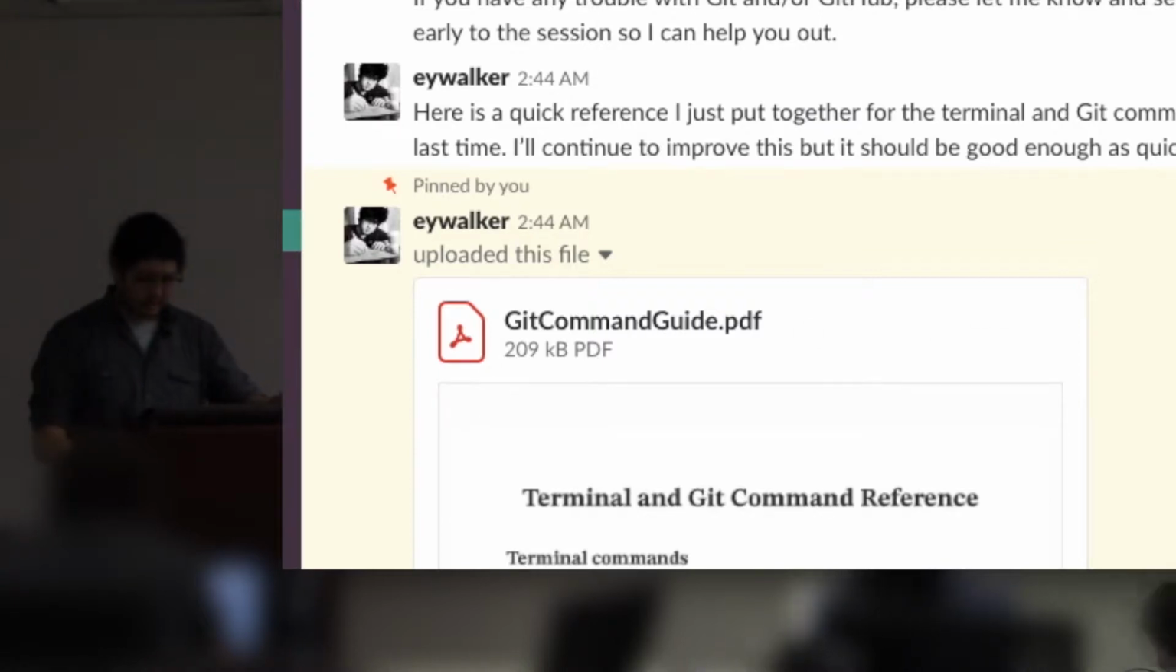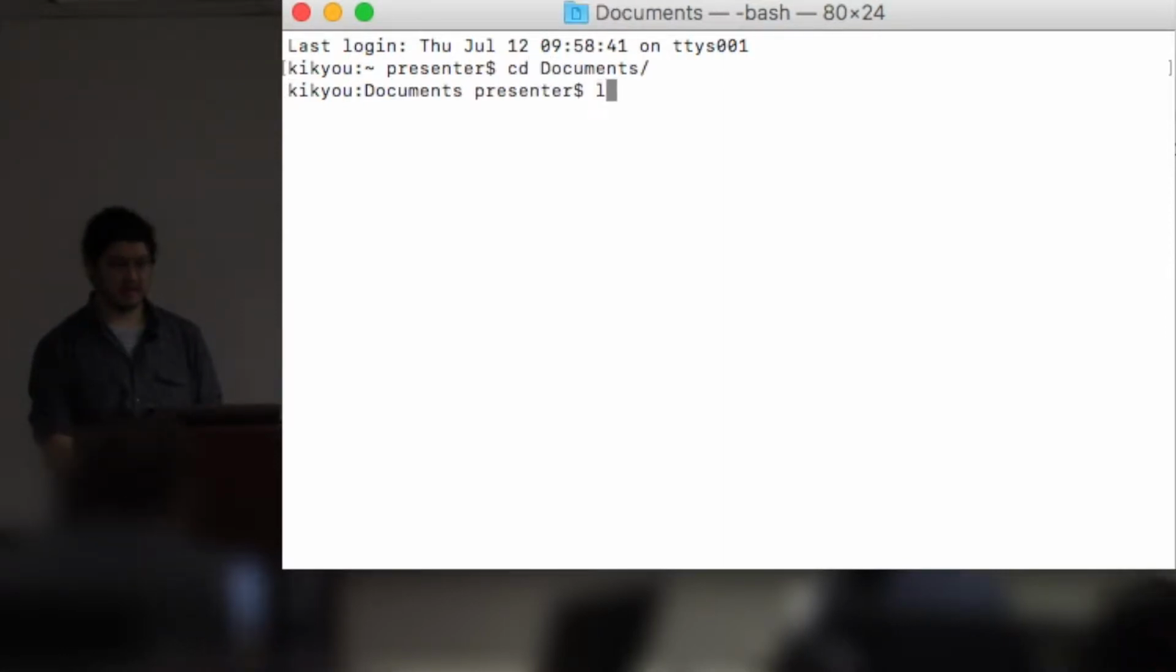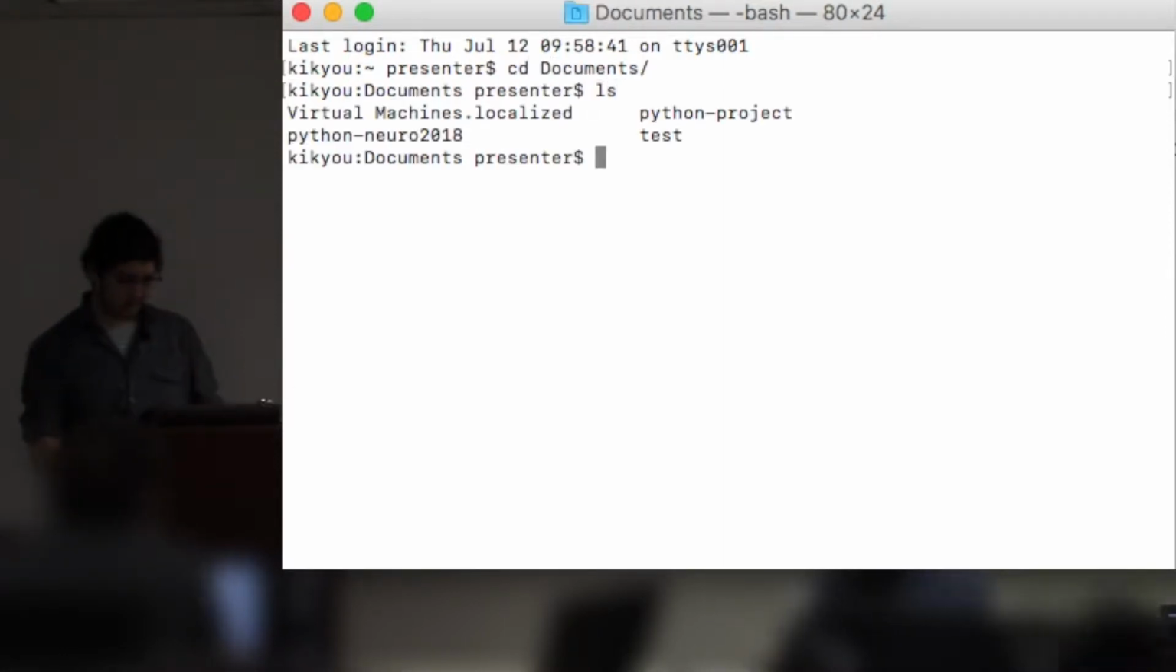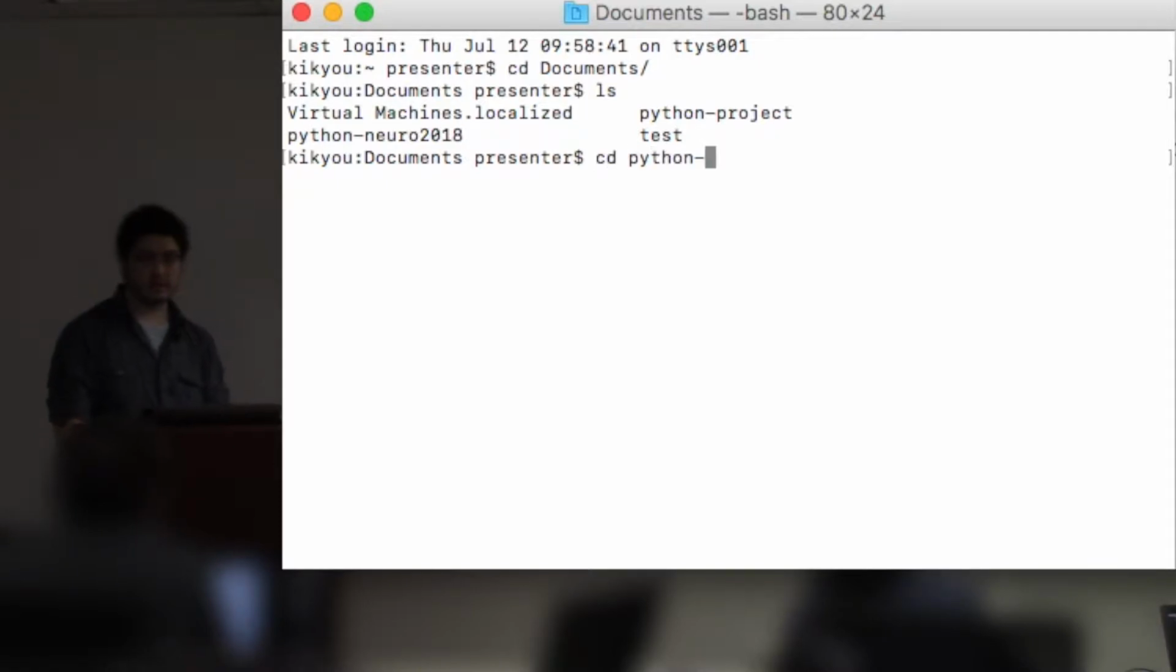Alright, so let me go and just show it to you. If you remember, it should be in your documents. You had a folder called Python Neuro 2018. If you cloned it last time, remember it's ls for Mac and dir for Windows to be able to see the listing in your terminal/command prompt. So if you go into that folder,